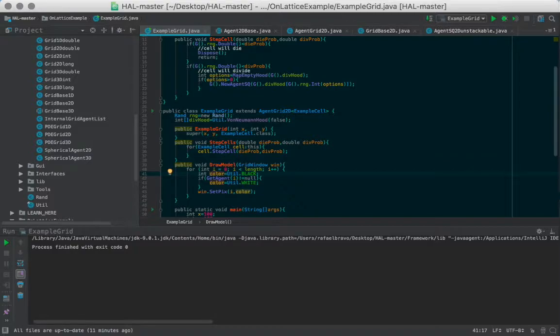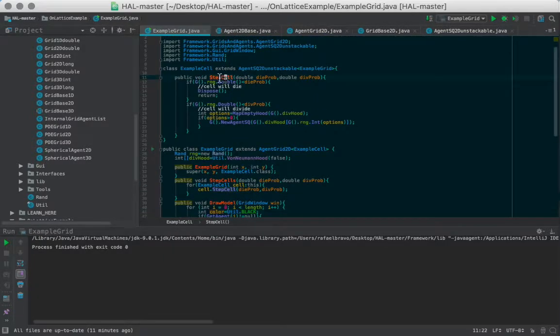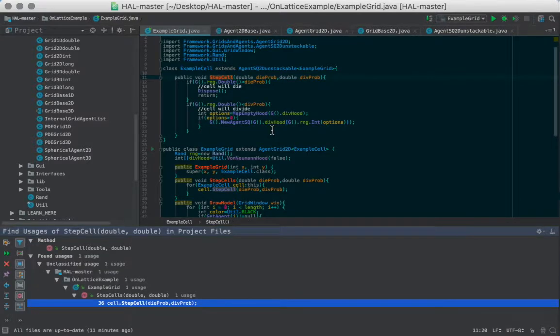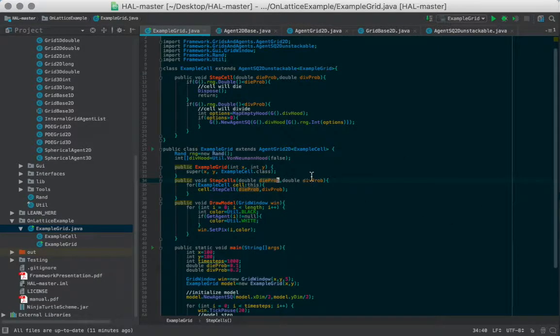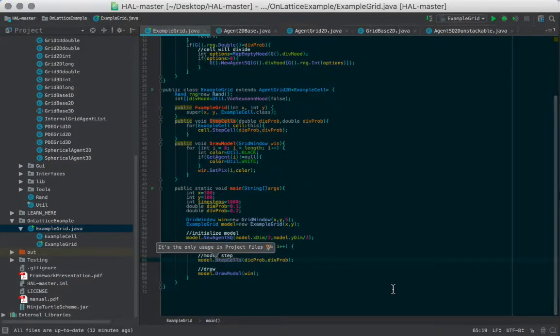It'll find that variable where it's mentioned again and change it just there. So that's pretty helpful. And then another one that I use all the time is Find Usages. If I want to know where a function is being called, like say I don't know where step cell happens, I can right-click on it and click Find Usages, and then it'll show me, using the file tree, all of the places in other files as well where this function is mentioned. So it can be very useful for seeing how your program interconnects with itself. And then another related feature is Go to Definition. I can right-click on this and go to Declaration. And that will jump me back to